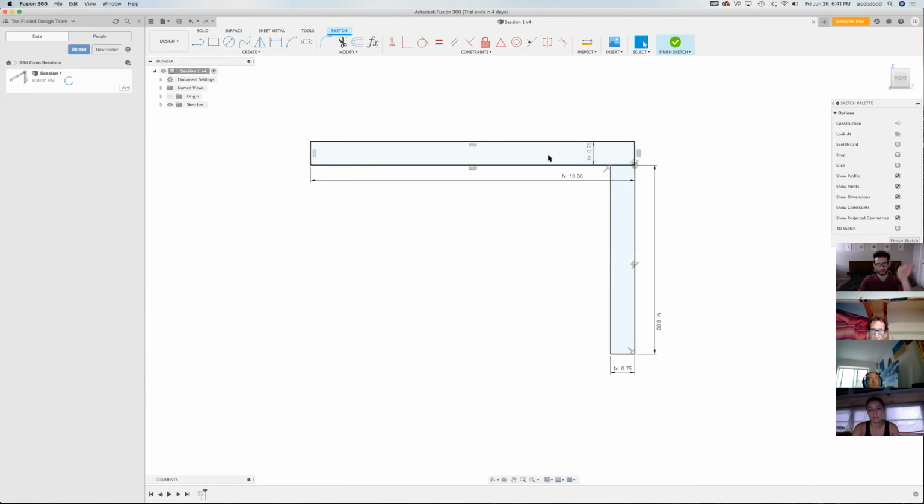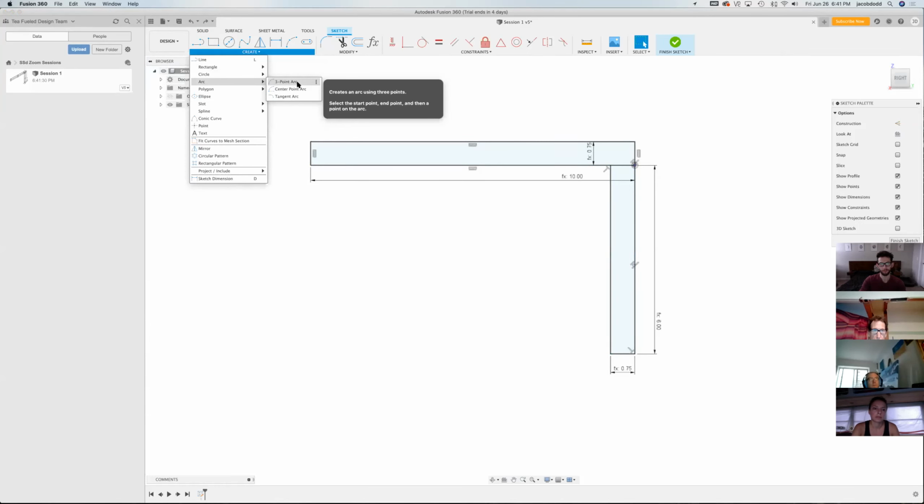And finally, we're going to do the curve for the support. Of course you could do a triangle shape if you wanted. That's fine, but we're going to do better than that. So we're going to get a 3-point arc. So create arc, 3-point arc, or alternatively,